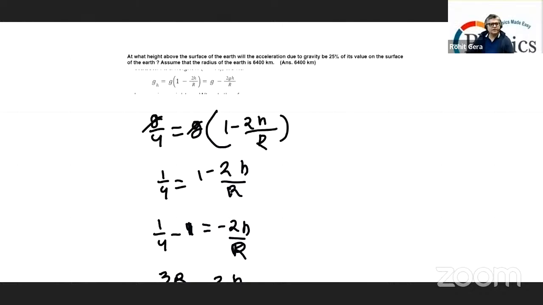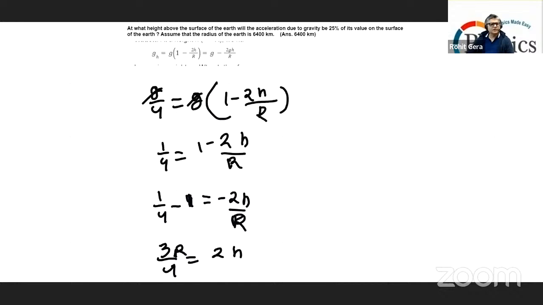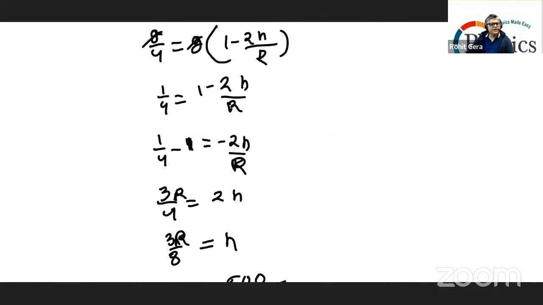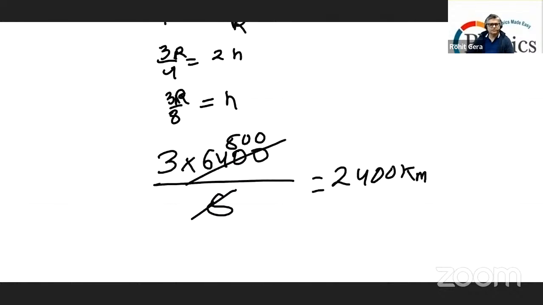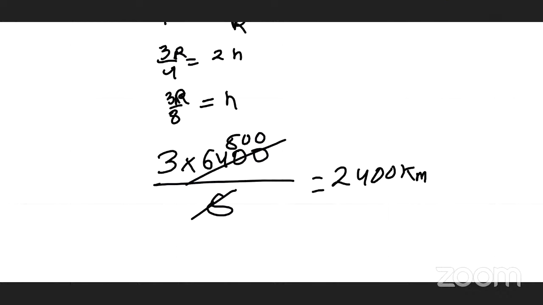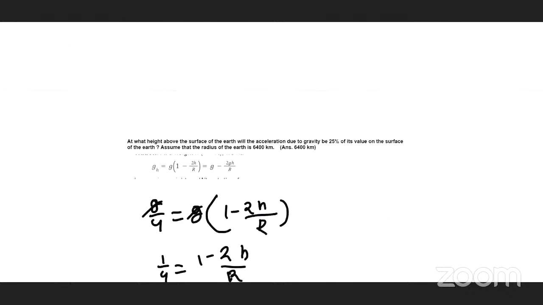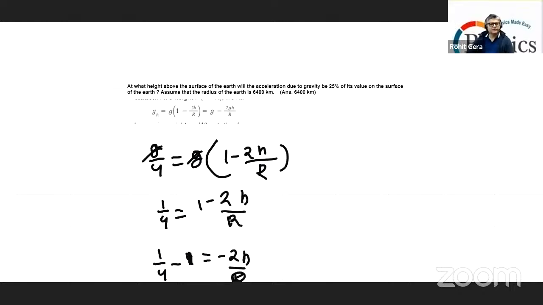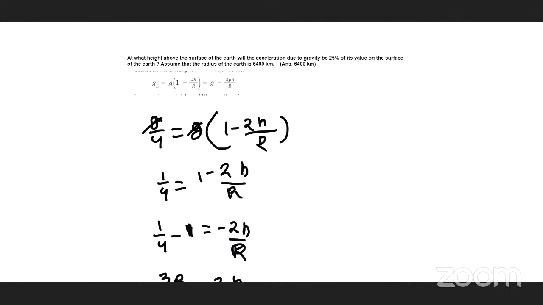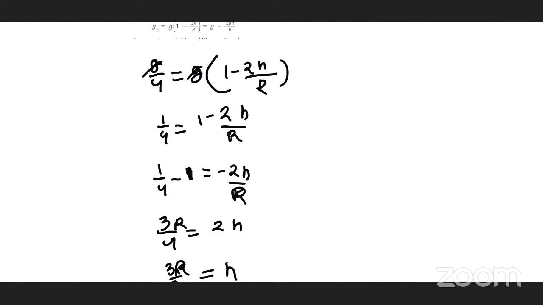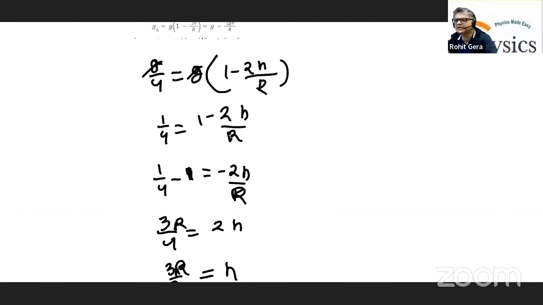एक मिनट, आई थिंक 1 minus 2h. नहीं, सही करा यार, 1/4, 3/4, 2h, 3/8 सही है। नथिंग रॉन्ग। आई थिंक इट्स ठीक है। 25% ऑफ इट्स वैल्यू ऑन द सरफेस, G/4 सही लिया। ठीक है, तो लेट्स कंटिन्यू दिस डिस्कशन टुमारो। इंटेंसिटी, ग्रेविटेशनल पोटेंशियल एनर्जी सबसे इंपॉर्टेंट है, वो करेंगे कल। और परसों करेंगे एस्केप वेलोसिटी। तो परसों दिस चैप्टर विल बी ओवर।